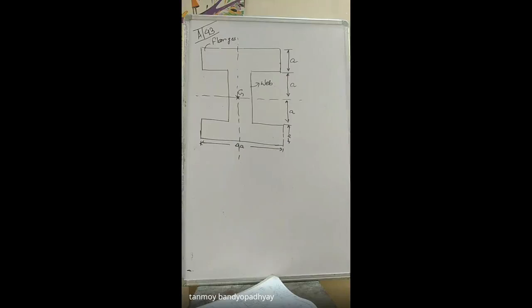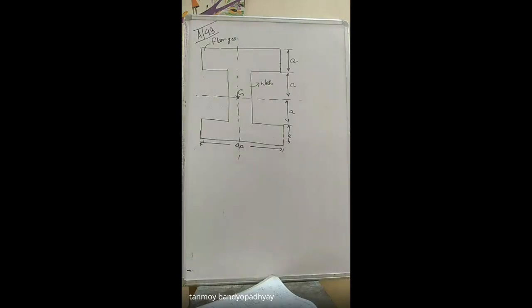But when you go for the T section, you can say that the centroid will lie on the half of the web, but you cannot decide the height. So that is why for the T section we have to go by the expressions for calculating the centroid. But for this I section, since it's symmetric about both the x and the y axis, of course the x and the y axis have been selected by us. So this G refers to the centroidal axis of the entire I section.